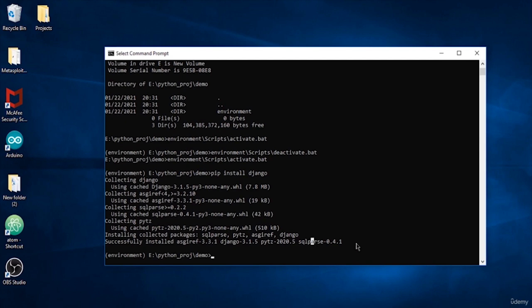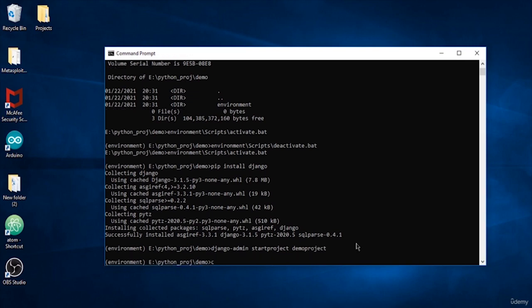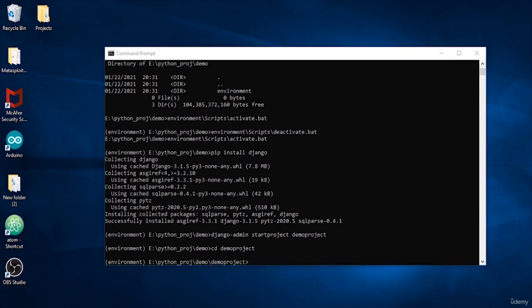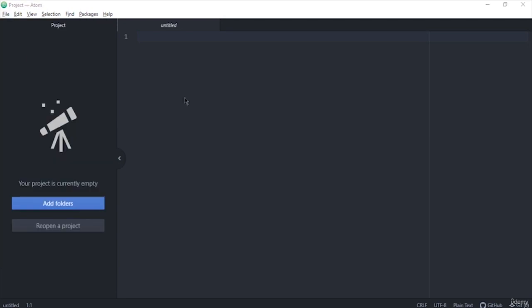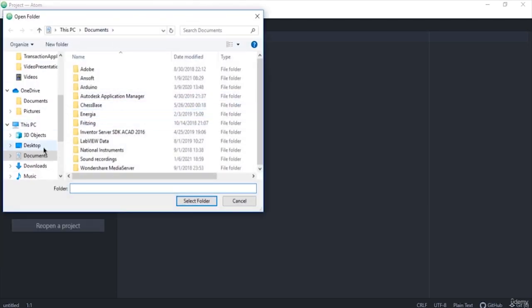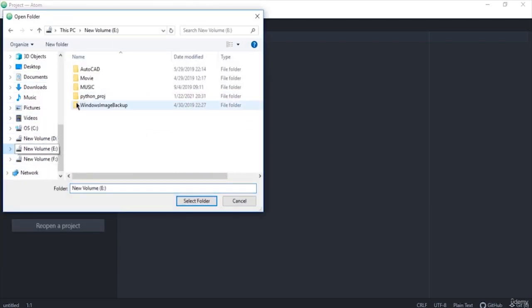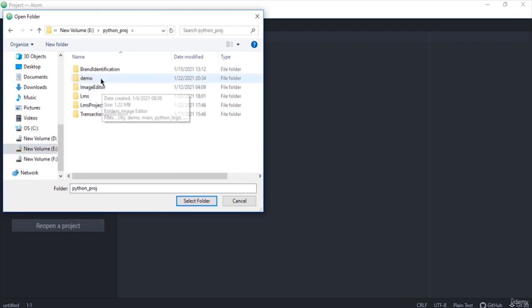We can now start a Django project. So we have to use django-admin startproject, and we just give the name of the project here. So I'll just say demoproject and hit enter. So it will just create a folder called demoproject, and I'm going to cd into this project. Let me open the same project in my Atom, and let's see the file structure here. So, python project, and